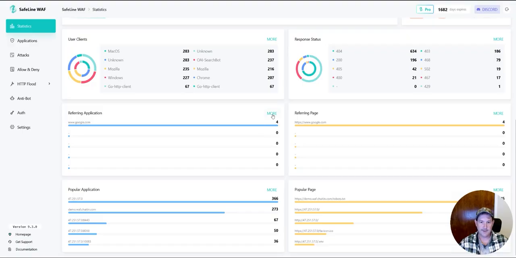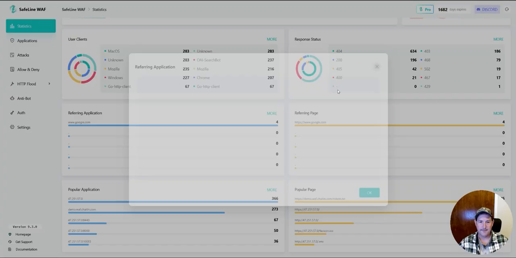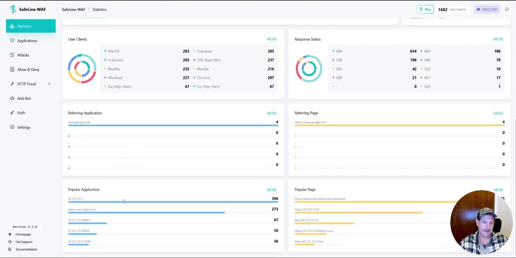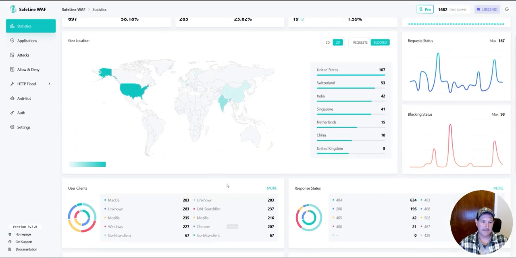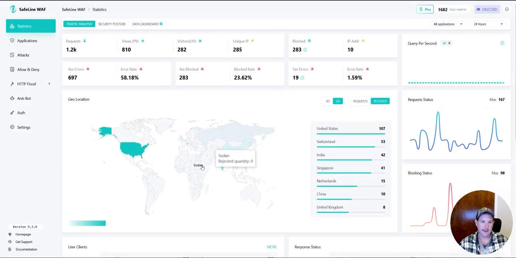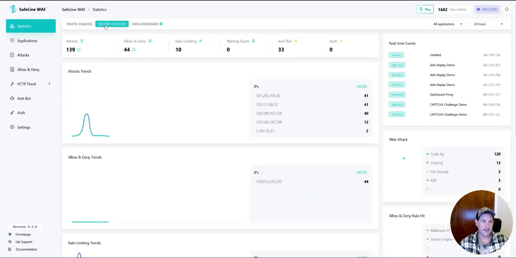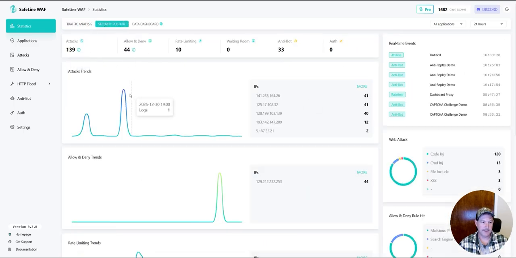You can actually drill in and see a little bit more information, but I do wish that they had a little bit more, I guess, stats and logging to be able to dive into. But for what it is and what it's doing, it does have a good bit there. Security posture just gives you a little bit more in-depth information about the IPs and real-time events that